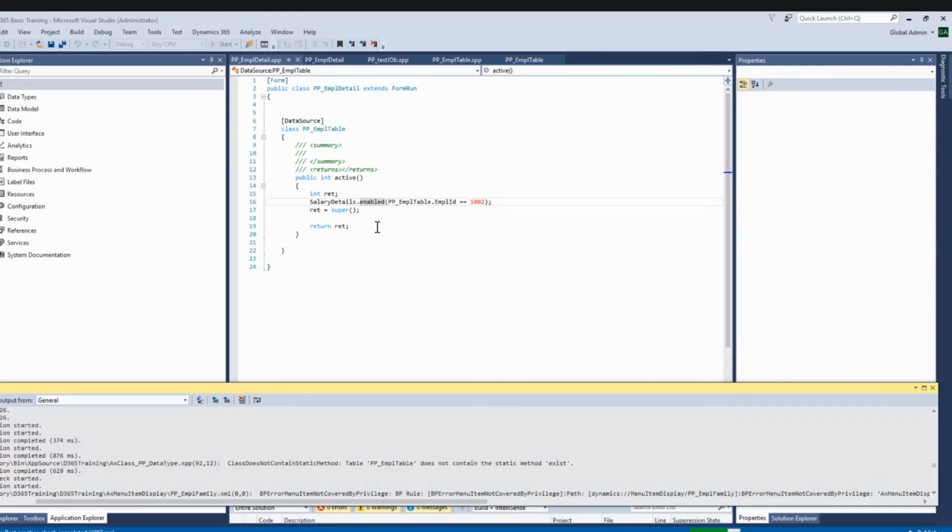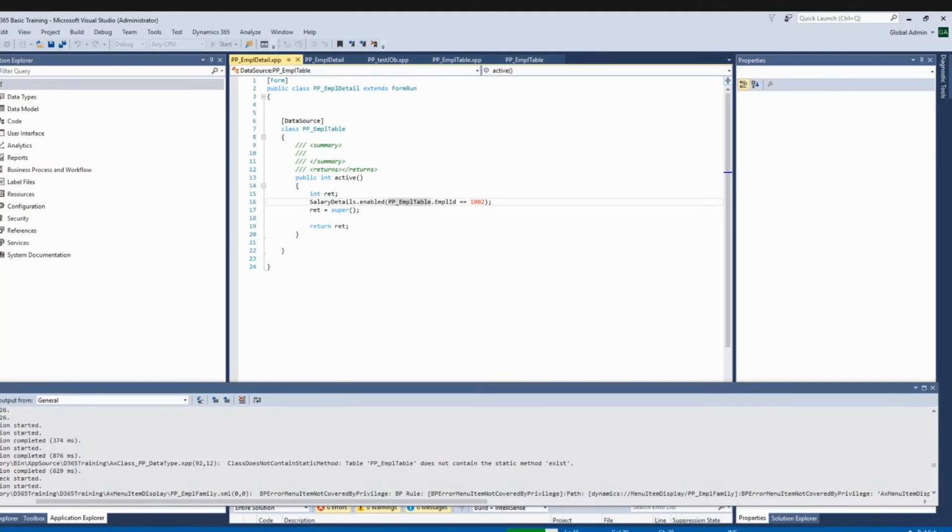So at the time of selection, we want to enable and disable one button. If you have such a requirement, we have the active method in the data source that we can override and put our business logic. So as per our requirement, we have enabled the salary detail button only for employee 1002. So we have built this form with this program.